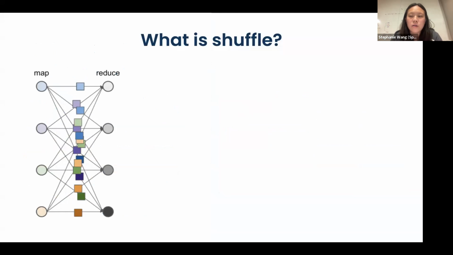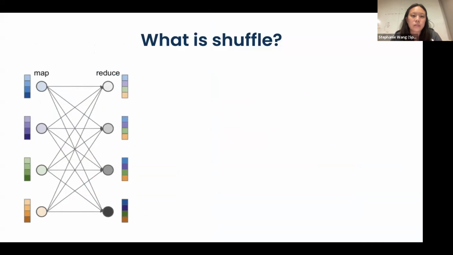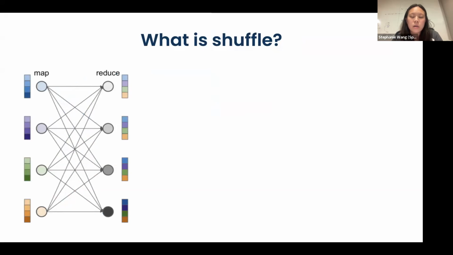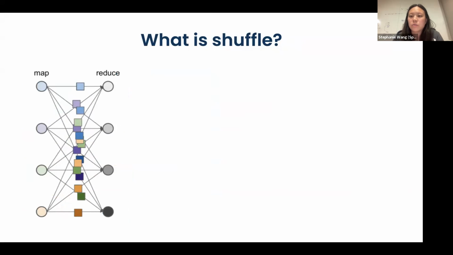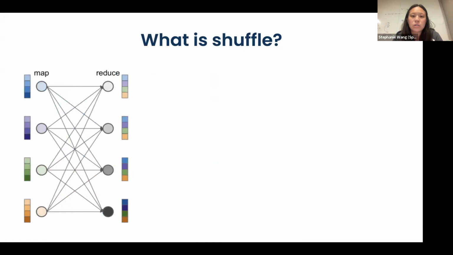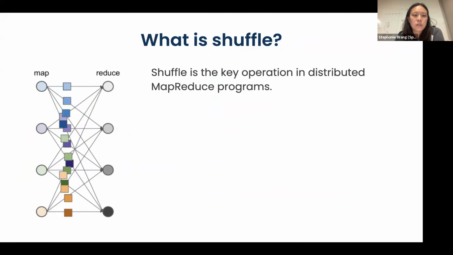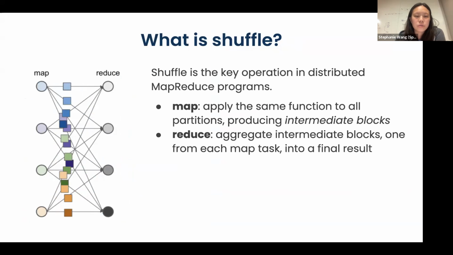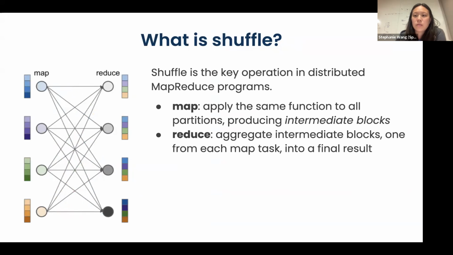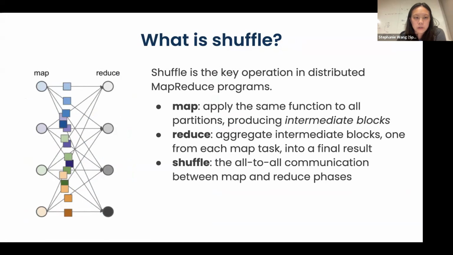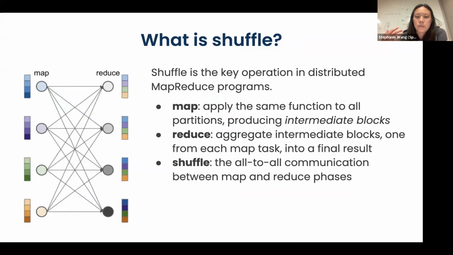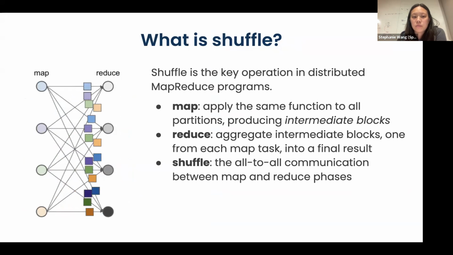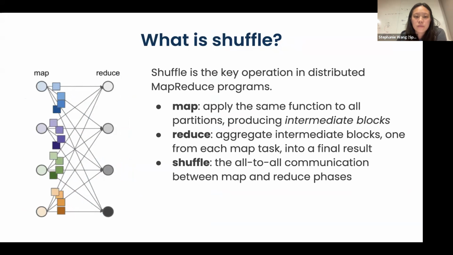Okay, so I wanted to go first into a bit on what Shuffle actually is. So Shuffle is this operation that's used in MapReduce. And it's basically these programs that can be executed in 2 stages. So you have a map stage that applies the same function to each partition in a data set. And then you have a reduce stage that aggregates these intermediate results from the map stage. And so in between these stages is what we're calling the shuffle operation. And it's called a shuffle because we're taking one intermediate block from each of the map tasks, and we're moving that block to a different reduce task, as you can see in the figure on the left.